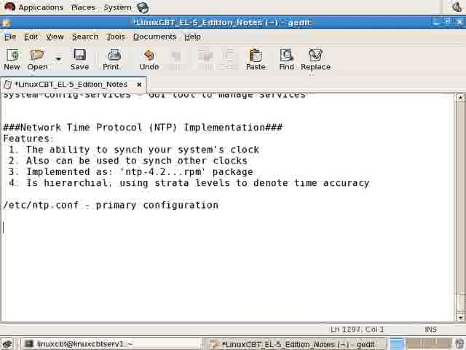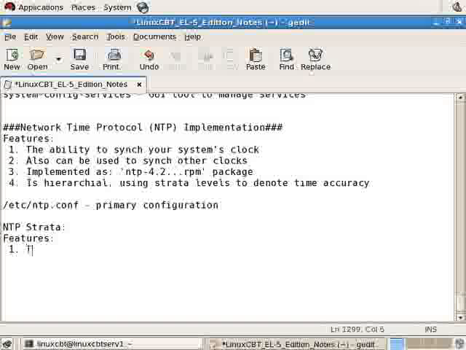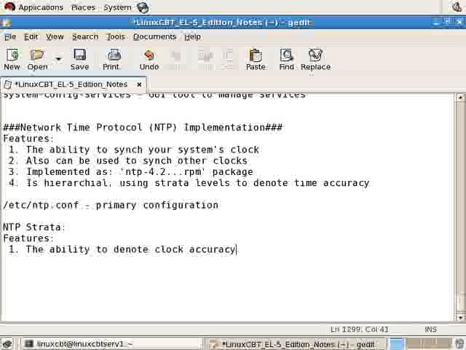So let's label this subsection NTP strata, and what you basically have is the ability to denote clock accuracy based on stratum,